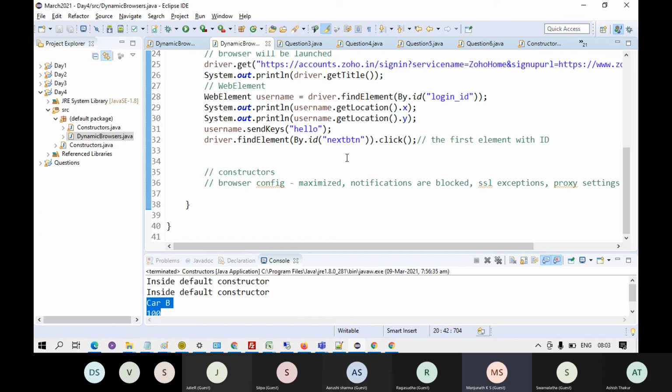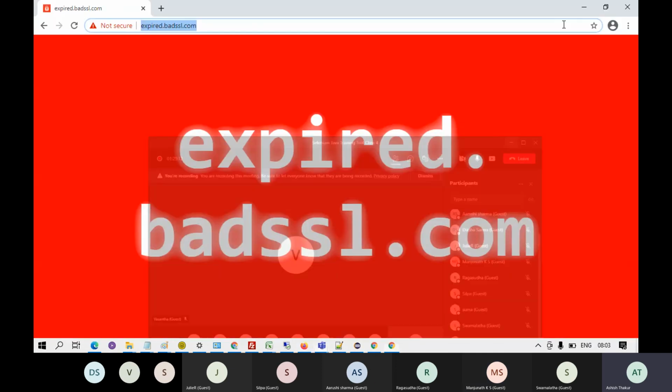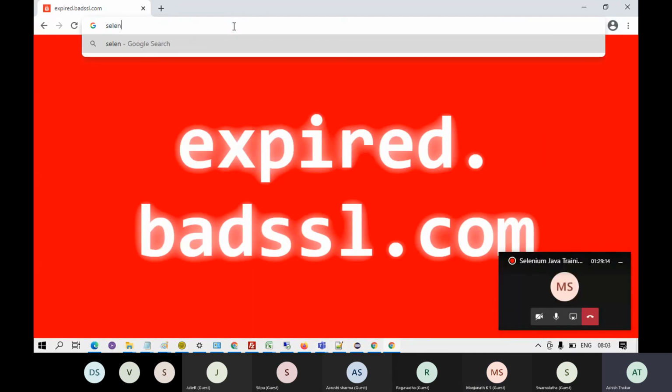Ashish, as you showed how to download the Chrome driver for our browser launch process, I just tried to download the Firefox driver from selenium.dev, but I couldn't find it there. So, is there any other way? It is not on selenium.dev. Okay, selenium.dev just tells you where it is lying.